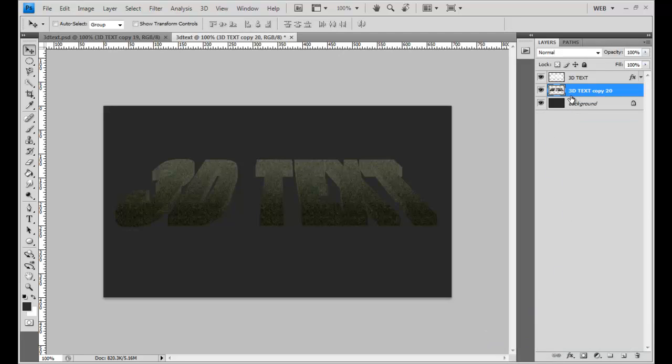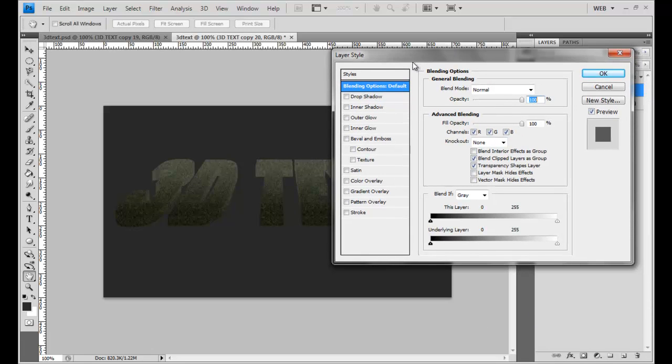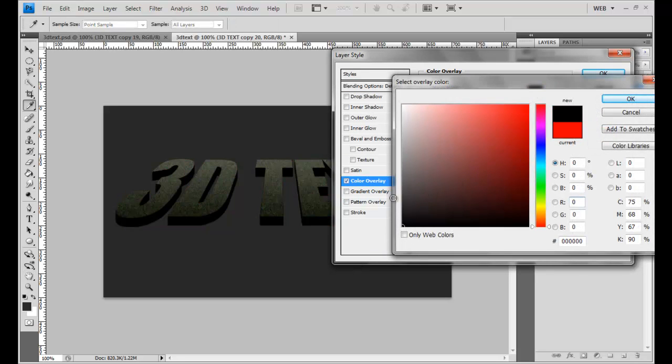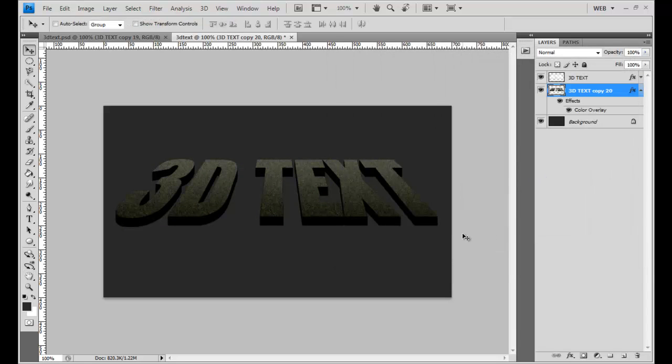Now that I've merged all these layers here, I'm going to double click on them to get my layer style dialog box, and then I'm going to do a color overlay of black, and I'm going to click OK, and I'm going to click OK again, and now I've got a 3D effect here, but I do want to add